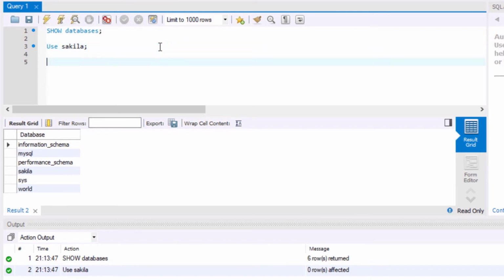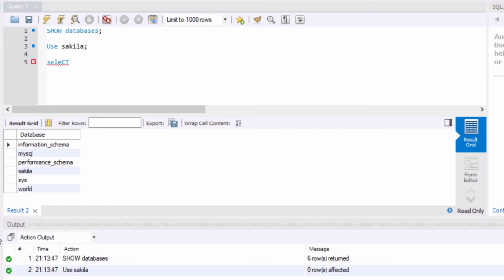So let's see what tables are available. You can even explore the list of tables in any database or schema by collapsing this list of tables.